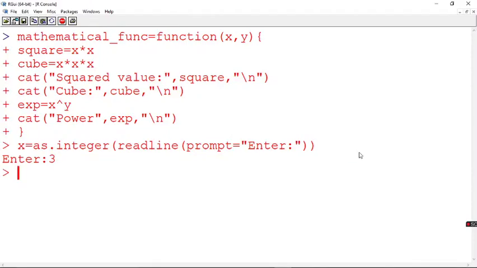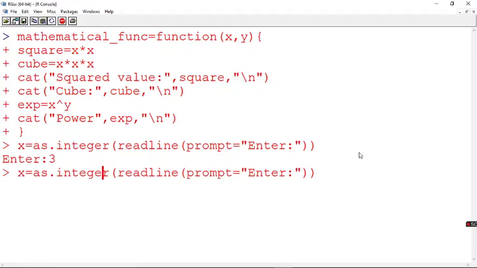Now I give 3. Fine. Similarly, I am going to use the same thing for my input for y. Yes, and I say 4. Okay, fine. Now, I wish to execute this particular function, which is the mathematical function. So, let us do this. I say mathematical underscore function